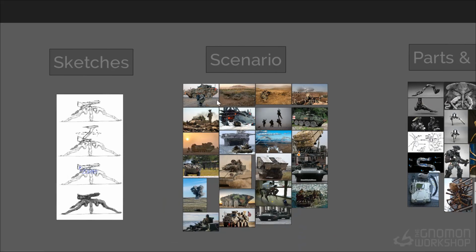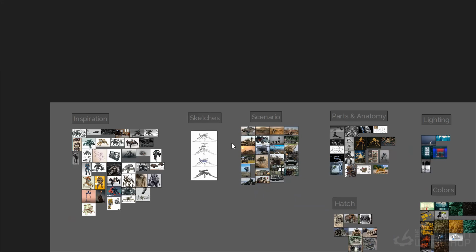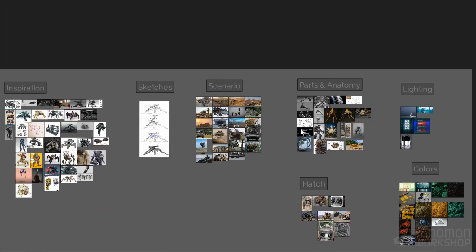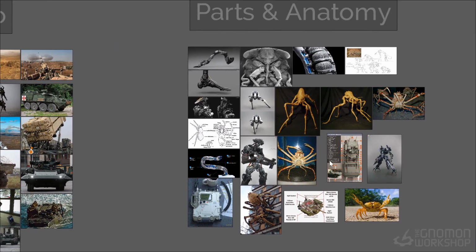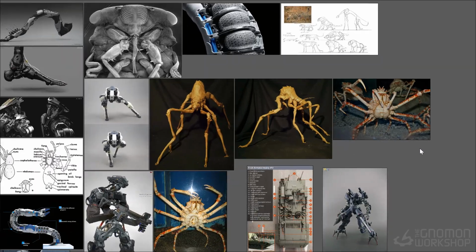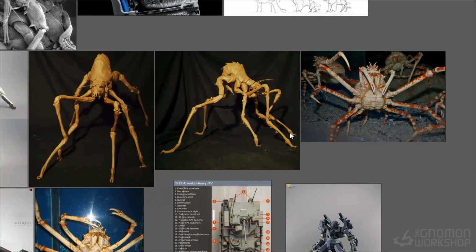So these are more based on story. They could be grouped with inspiration, but they could also be separated out. And then we go into parts and anatomy. So here, since it's a multipedal system, I looked at existing multipedal structures, like the anatomy of, let's say, a crab